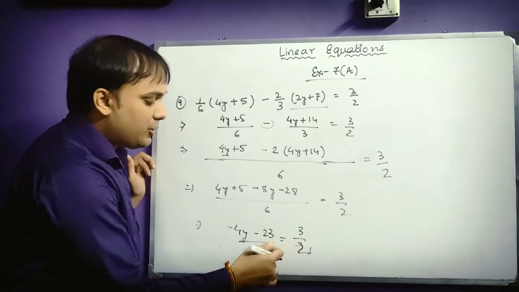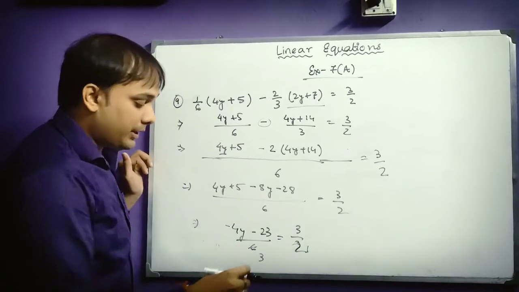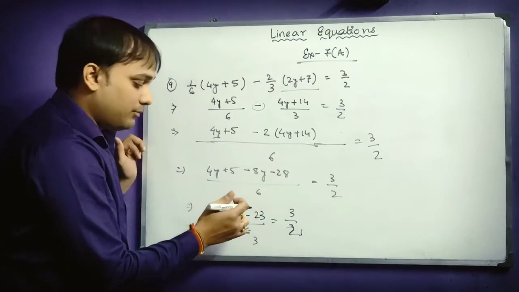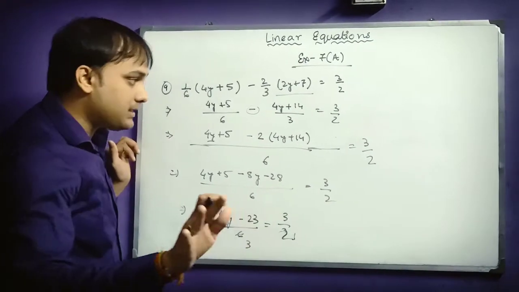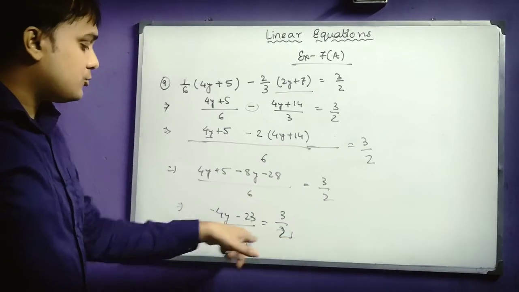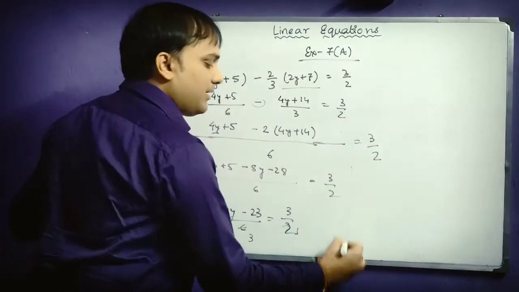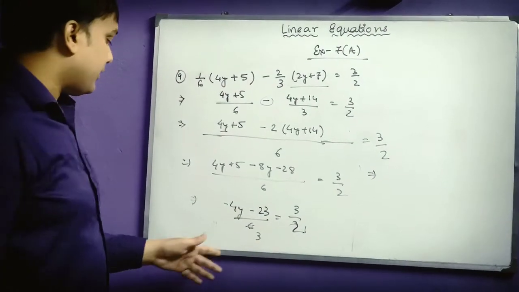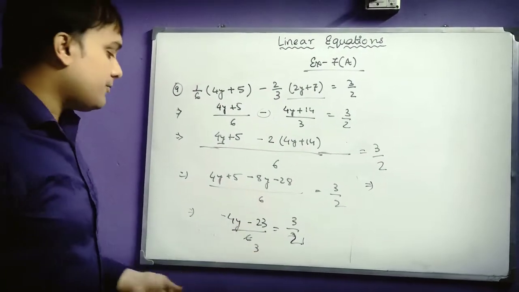So if both the denominators are in this way, but remember, the denominator should be such that it is below the complete term. Okay, then only you can do this. Otherwise you cannot. So you can see 6 and 2 can be reduced. 2 ones are 2, 2 threes are 6. Now it will become a little bit easier for you. If you don't do this, then also no problem with that. Okay, but if you do this, your calculation will become easier.